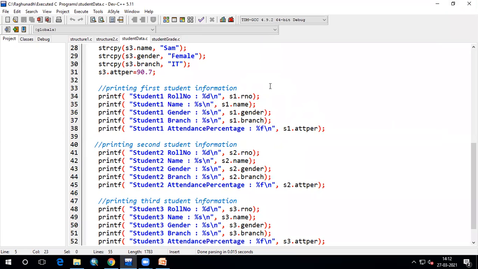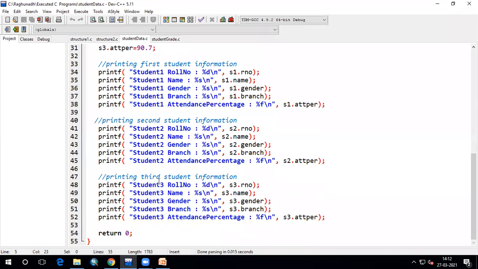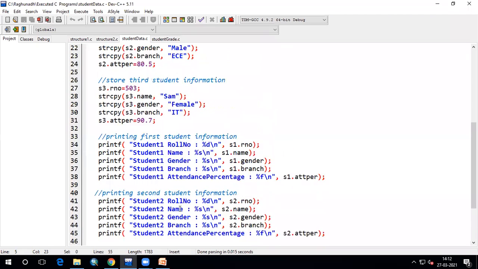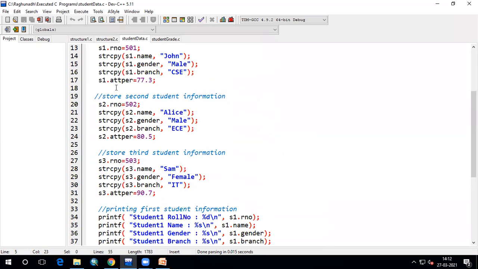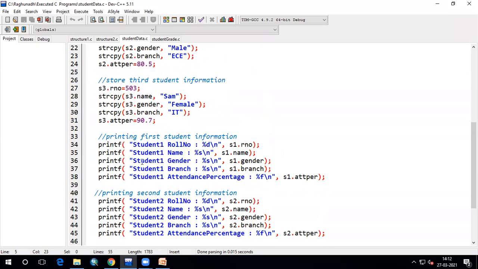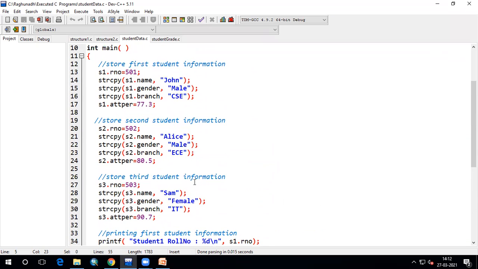Like this, all the members of the structure variable s1 are going to be printed by using this dot operator: s1 dot rno, s1 dot name, s1 dot gender. So first student information is going to be printed, and like that I am printing the second and also the third student information, right? First I am giving the inputs here, and after that I am printing whatever data is stored in student 1, student 2, student 3.